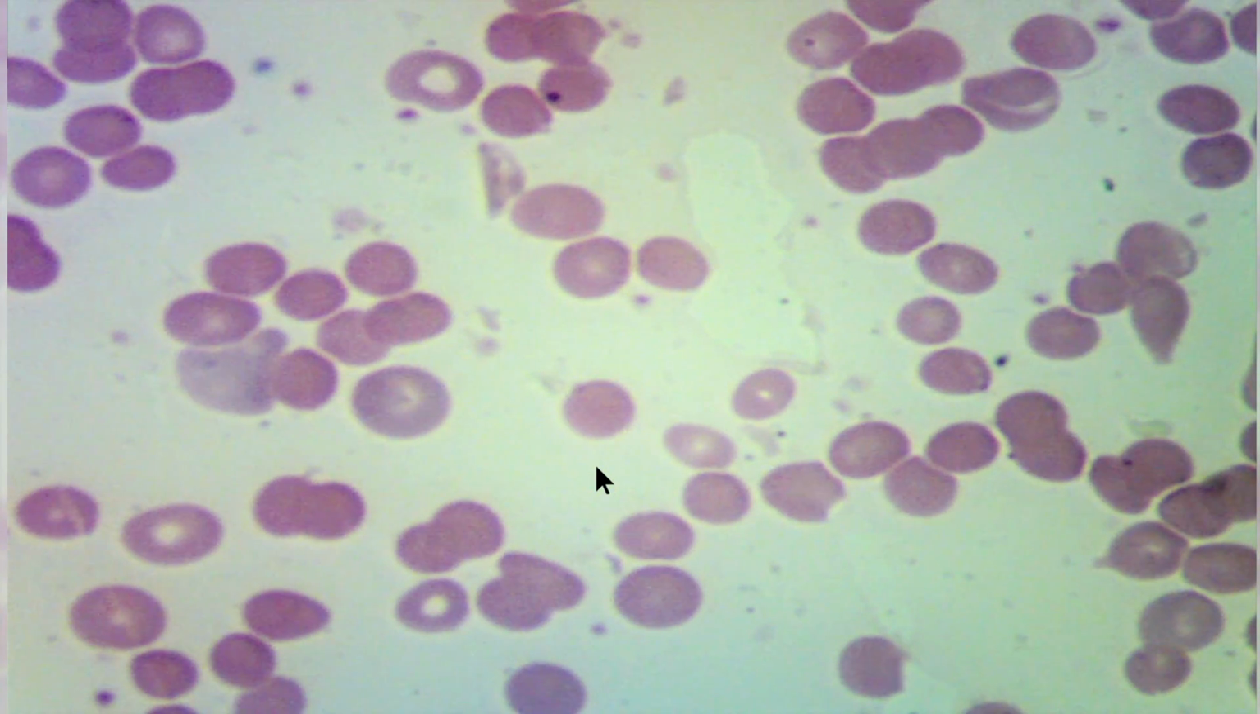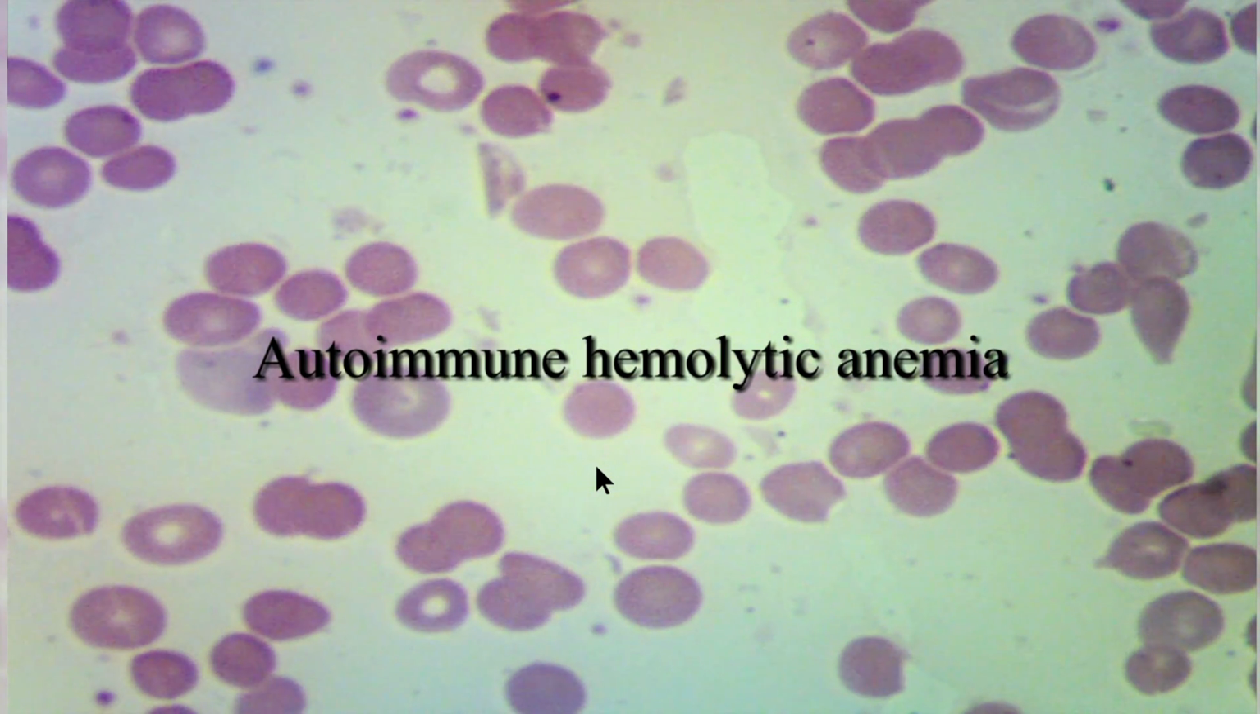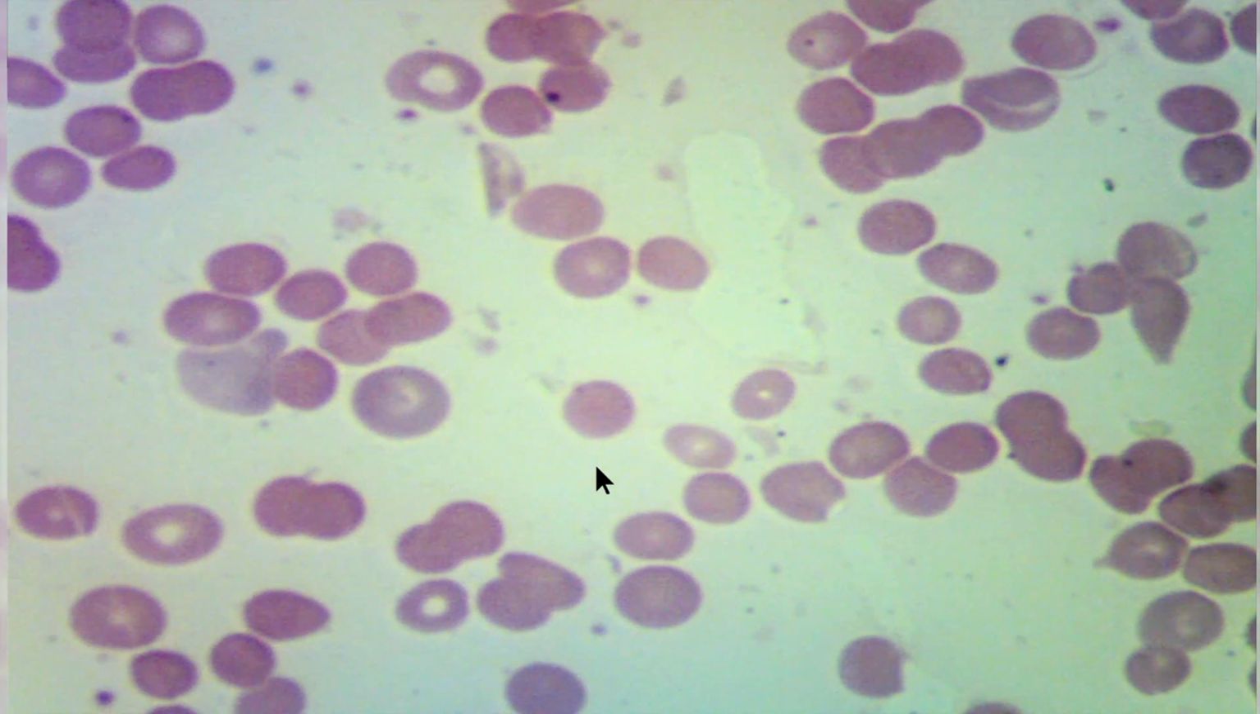Sometimes the spherocytes are present on a blood smear, like the case for the smear that we are looking at, due to an autoimmune hemolytic anemia that is due to IgG antibodies. This type of anemia causes the red blood cells to be